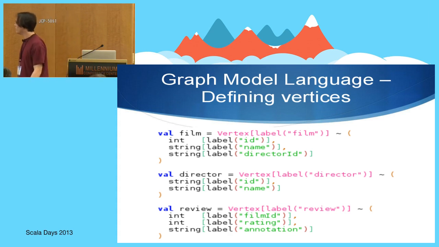So basically here we are defining 3 vertices. And so first thing, we give the vertex a name. So here there is a kind of special syntax because in Scala you can't partially apply a type. If you want to give a type explicitly to a method, you need to give all of them. You can't just give one of them.